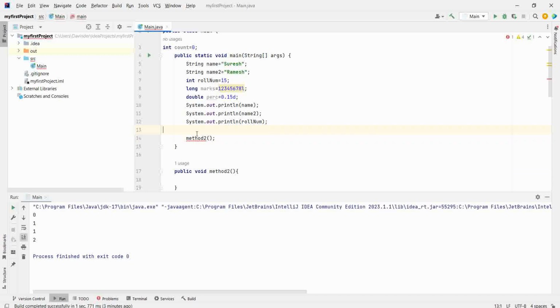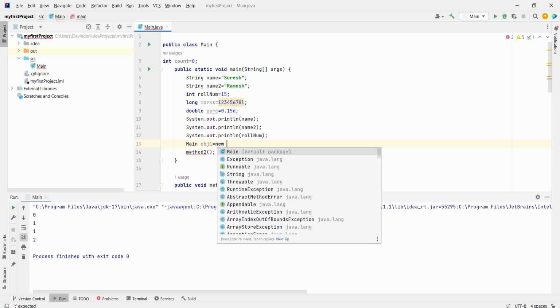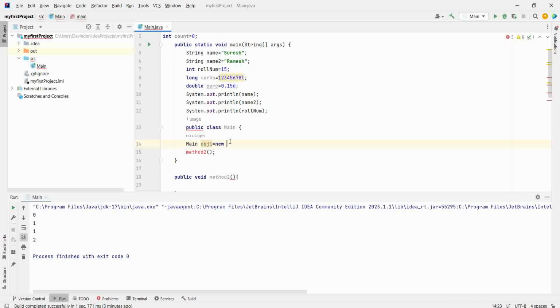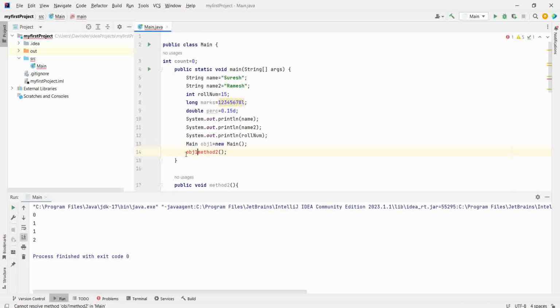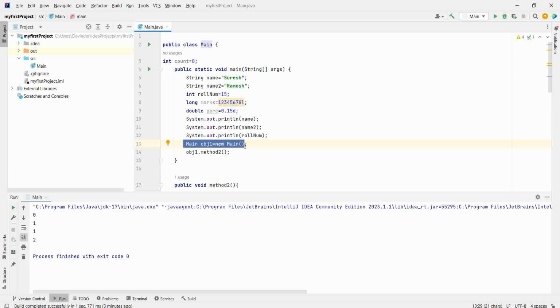What you did is you created an object of the class, and then by using the object of the class you called the method.